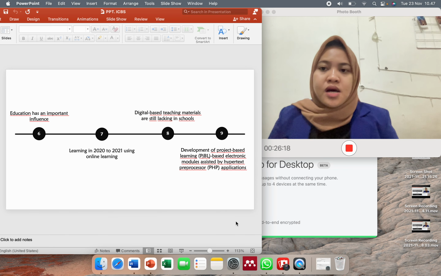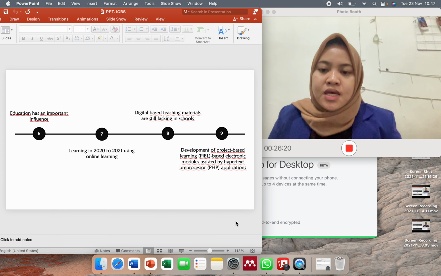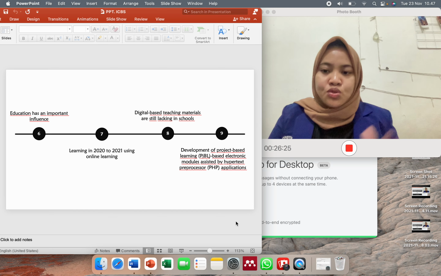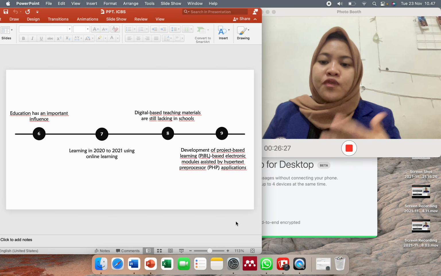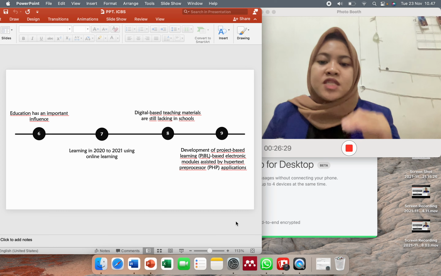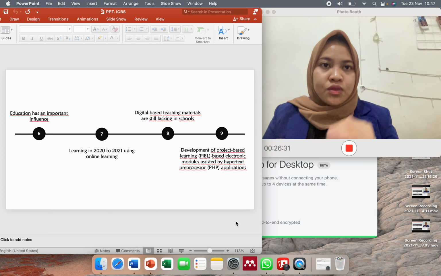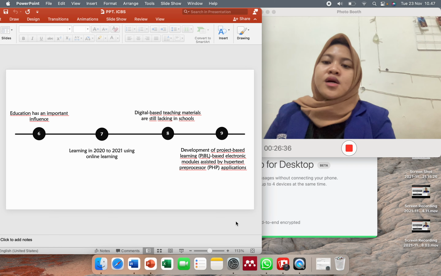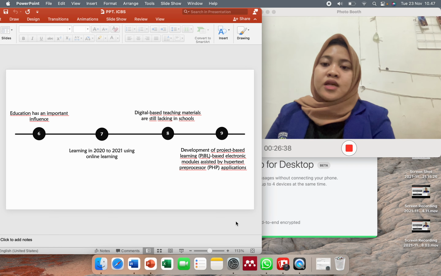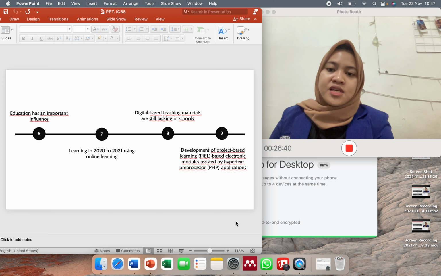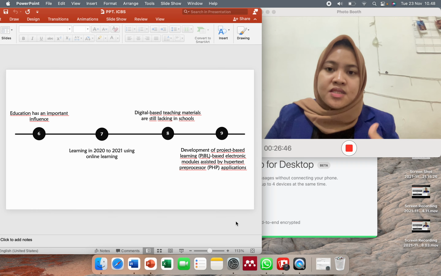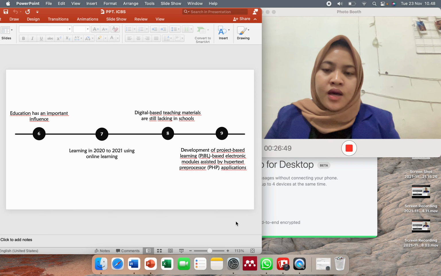So education has an important influence, because education is a place to provide knowledge for future generations who are expected to have a good attitude and responsibility. But we know learning in these years uses online learning, and digital-based teaching materials are still lacking in schools.